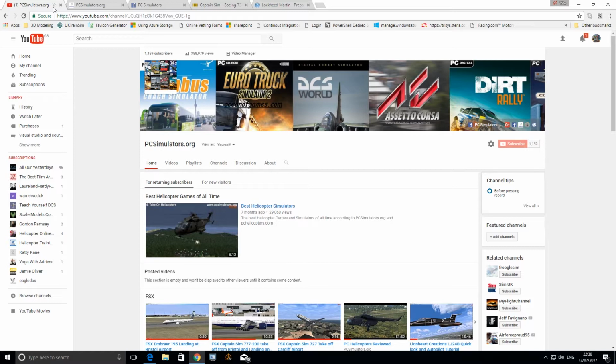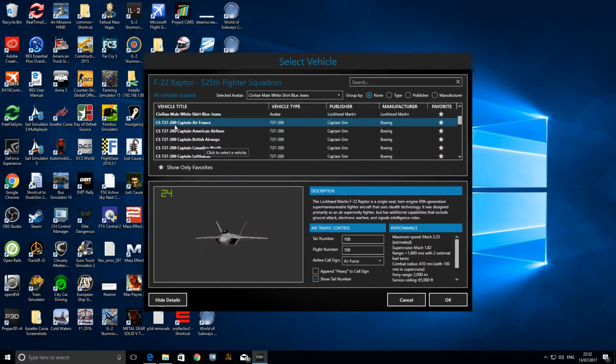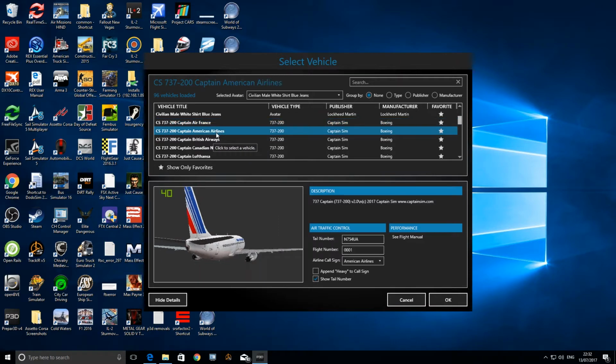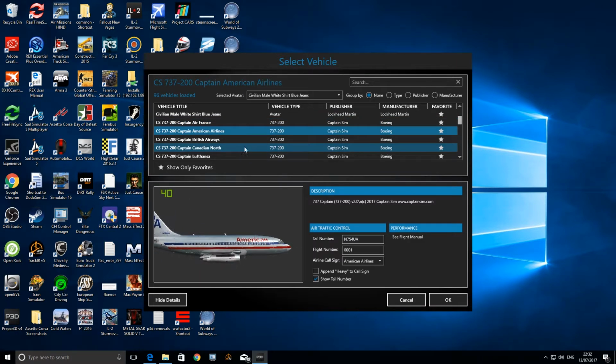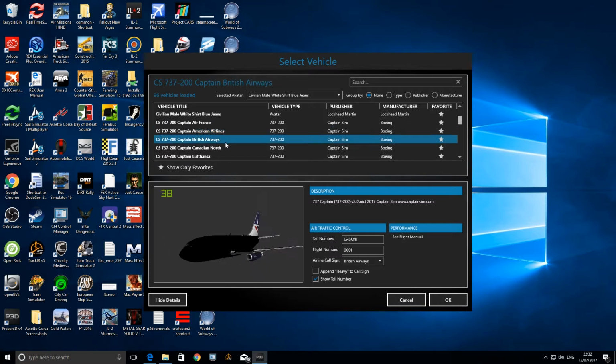Okay, so enough of the intro. Let's go into Prepare 3D and have a look at Captain Sim's Boeing 737. Okay, here we are in Prepare 3D. This is version 4, as I mentioned, recently released. Let's have a look. We're going to change vehicle, and we're going to look at the Captain Sim CS737. They've got an Air France there, the 737-200. They've got a livery for Captain America, American Airlines, British Airways,